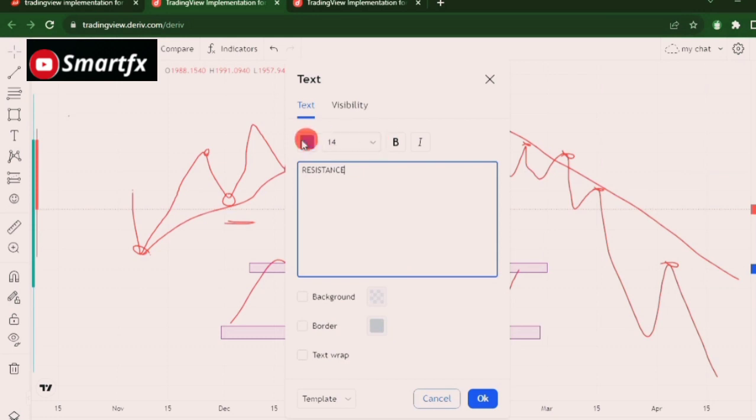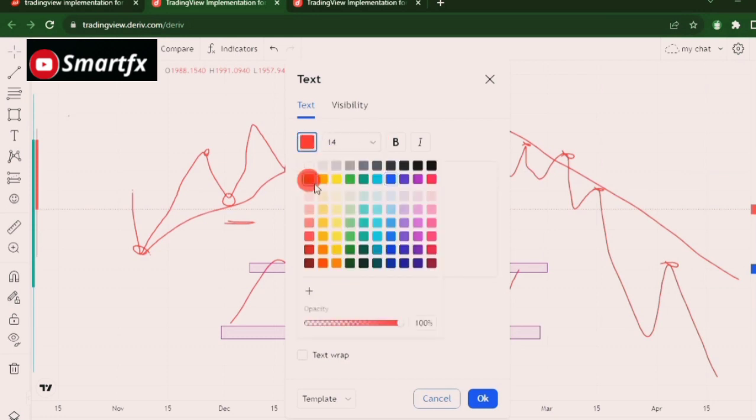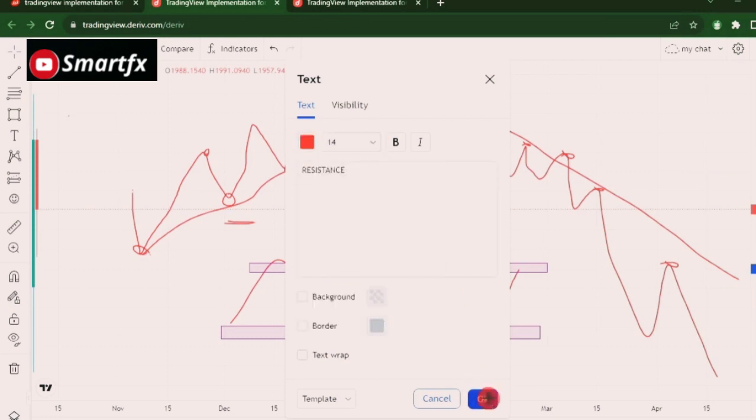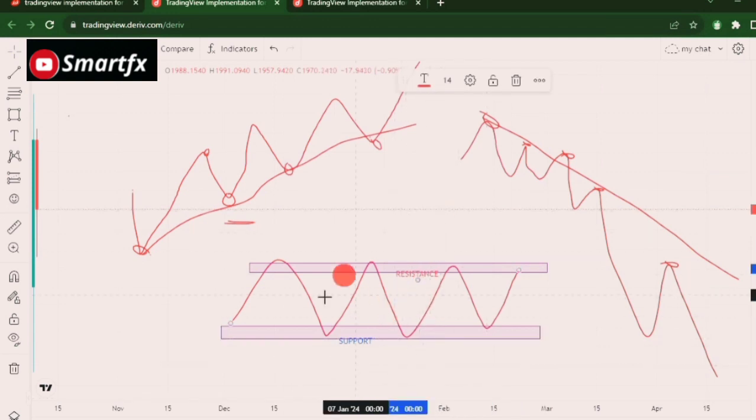We'll change the color to red so that you can see it very well. This is your resistance. So in this type of market, you draw your line like this, waiting for the market to come back to this place. So when the market comes here, you enter your market for the buy. When it reaches here, you take your profit, and then if you want to still sell, you can sell from